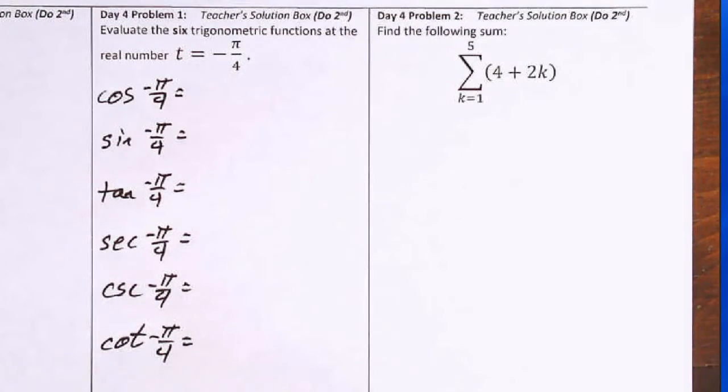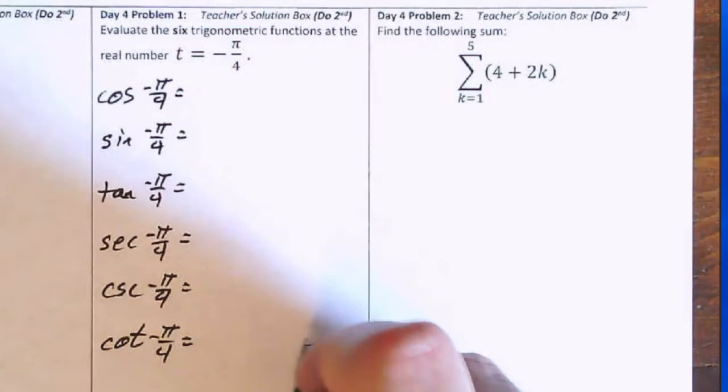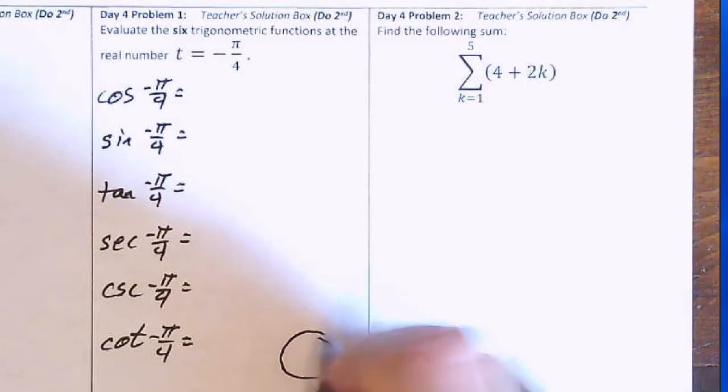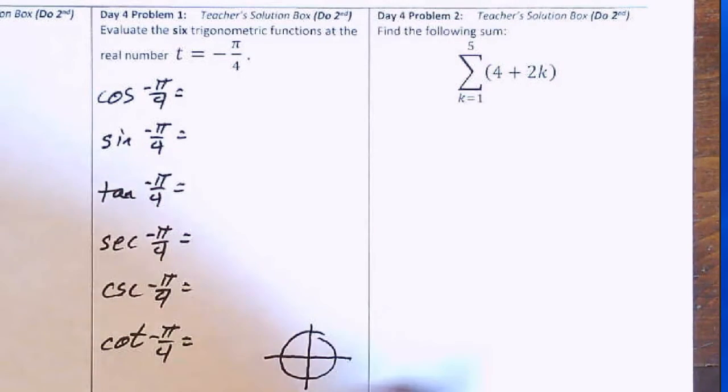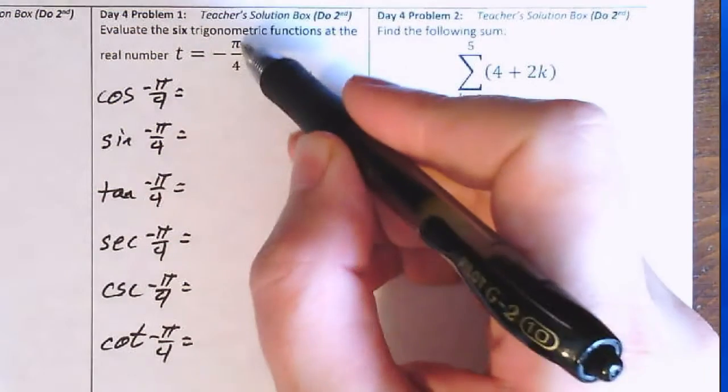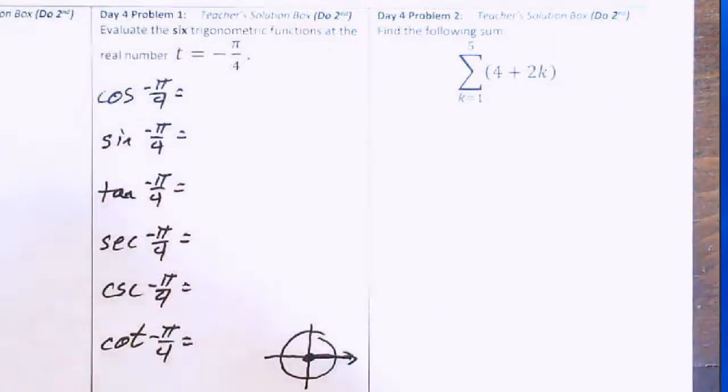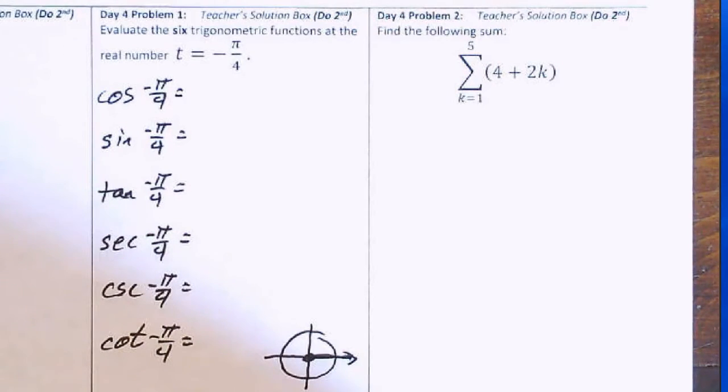To do this, we're going to use the unit circle to help us find values. So a unit circle is a circle built on the y-axis and x-axis. It has a radius of 1. On the unit circle, you put the vertex of an angle at the origin, put the initial side of the angle right along the x-axis going towards the right, and then measure around the outside of the circle this many radians. Now, negative pi over 4 radians is an angle that measures in the negative direction. So you go in the clockwise direction, pi over 4 radians, and that's where the terminal side of the angle